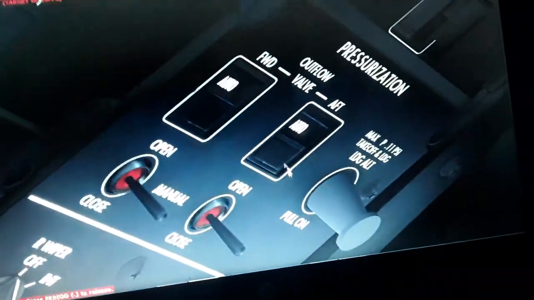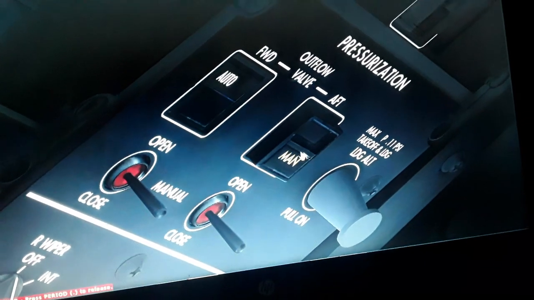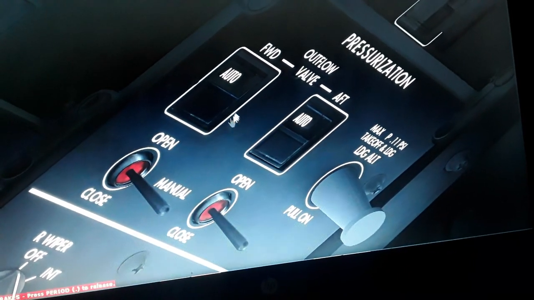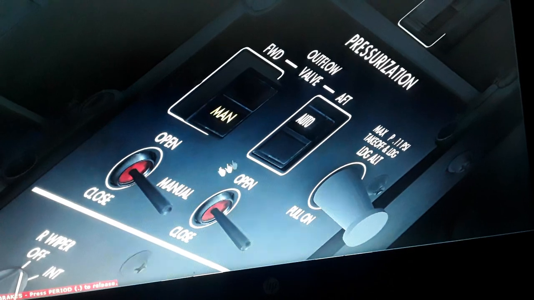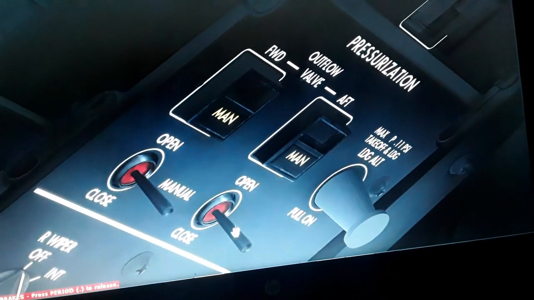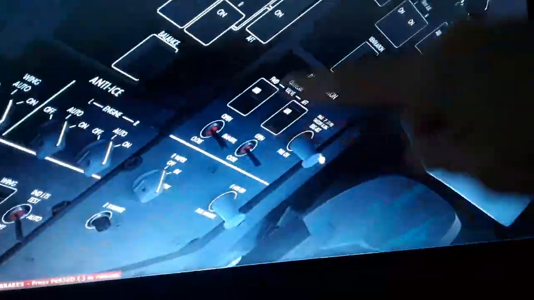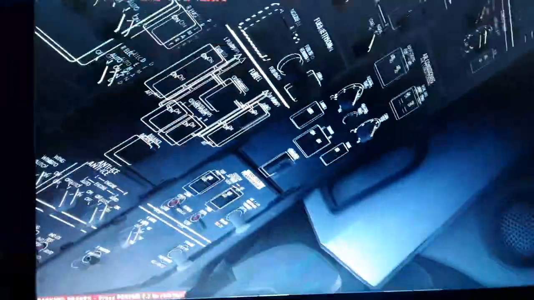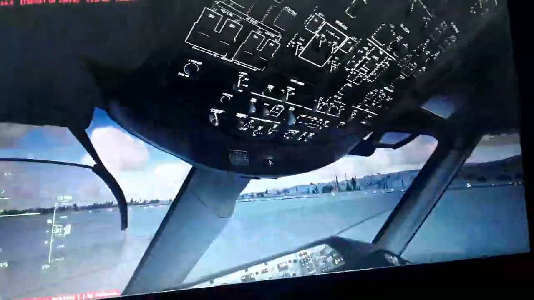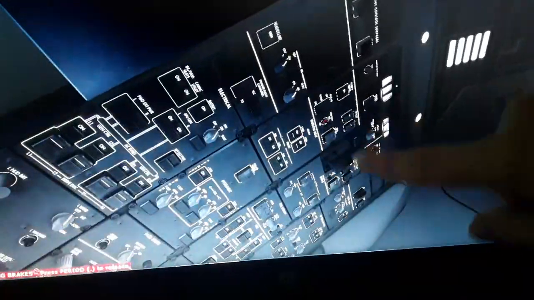The cabin pressurization here, so you can admit some pressurizer, and also use the manual mode. You use the outflow valves when you climb and descend in the manual. So we have the auto, so you have to select the landing altitude. So this is the pressurizer from the left to the right engine. The APU also, we need to restart the engines, and we have all the systems, also the fire extinguishers, APU